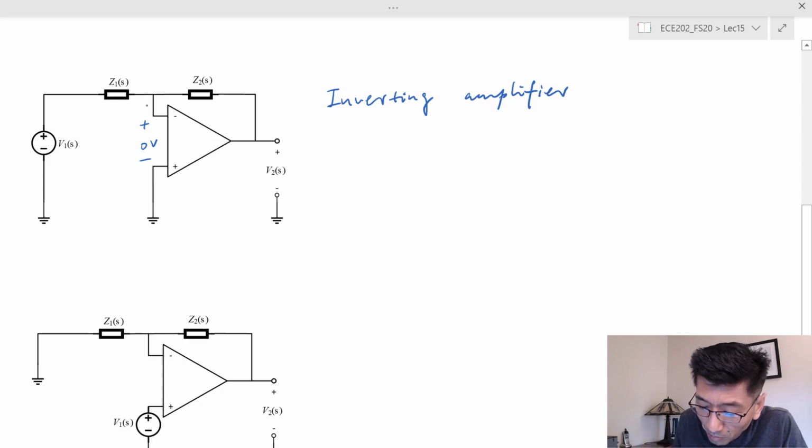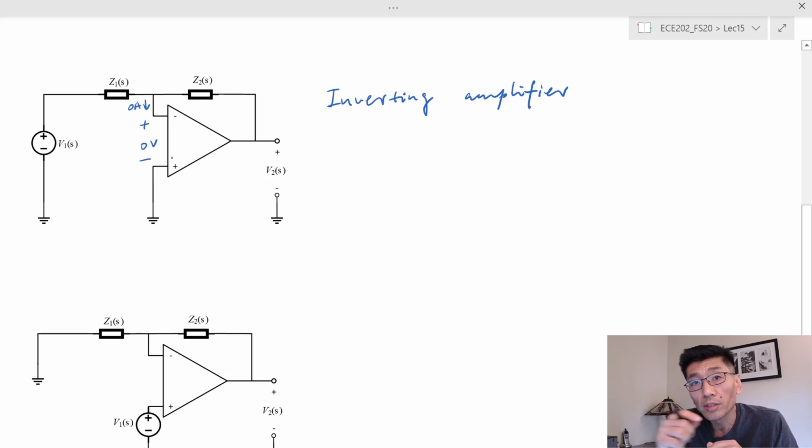The simple way of figuring this out is using the virtual short circuit and virtual open circuit. Virtual open circuit means the current going into the non-inverting terminal and the inverting terminal are both 0 amps, right? The voltage across these two terminals is 0. So based on that,